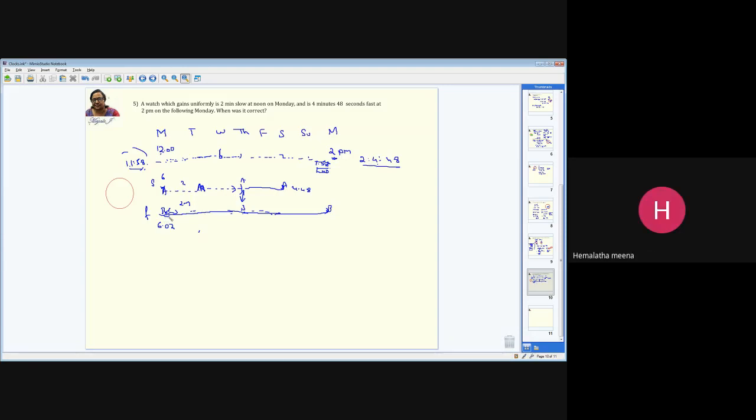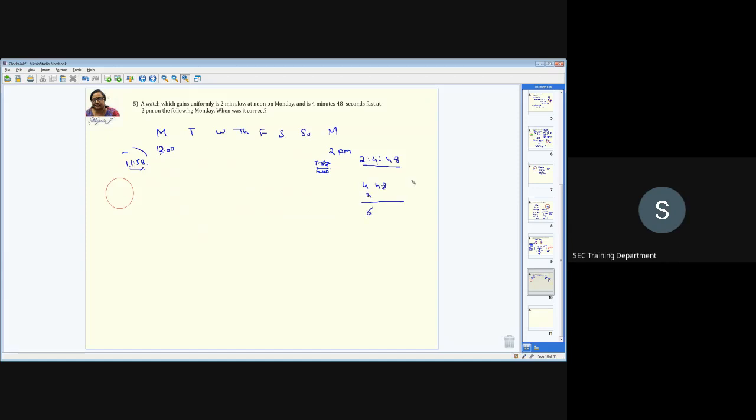Clear? Now I'll remove this, because I'll explain now. What exactly we are doing is taking the overall time. How much is the total gain the clock is going to get? The total gain which the clock is getting is 2 minutes of this one and 4 minutes 48 seconds of this one. So you add this 4:48 plus 2, which is going to be 6 minutes. And this 48 seconds I'm converting into minutes because I can't have seconds and minutes separately. So this is 4 by 5. So 4 by 5 minutes is a total gain of the clock within the duration given here.